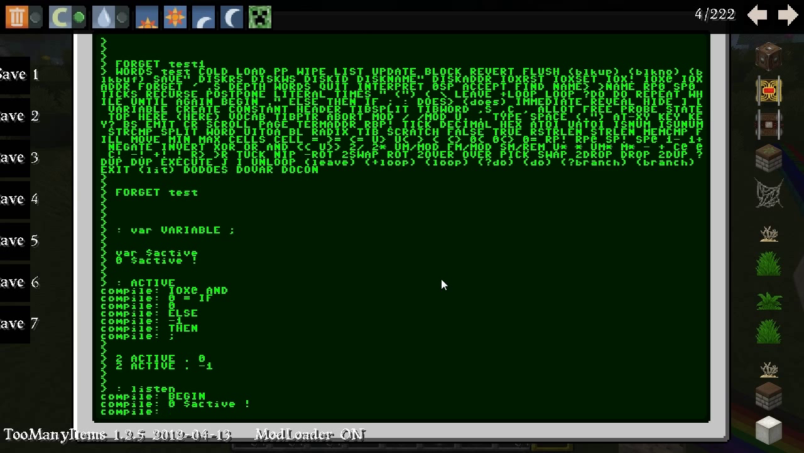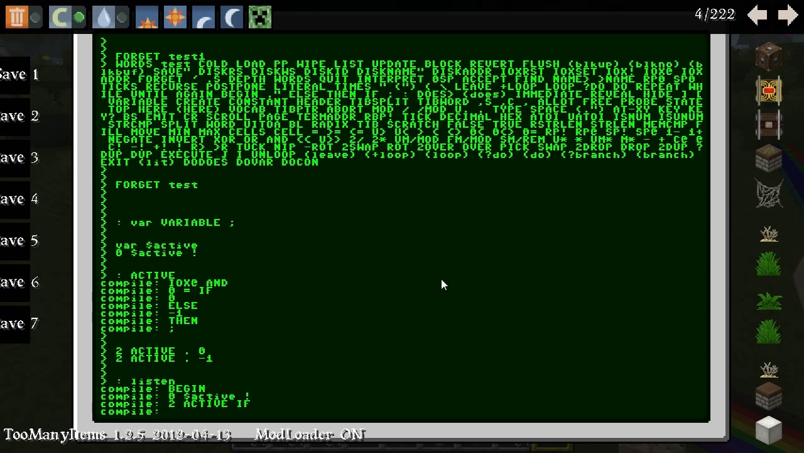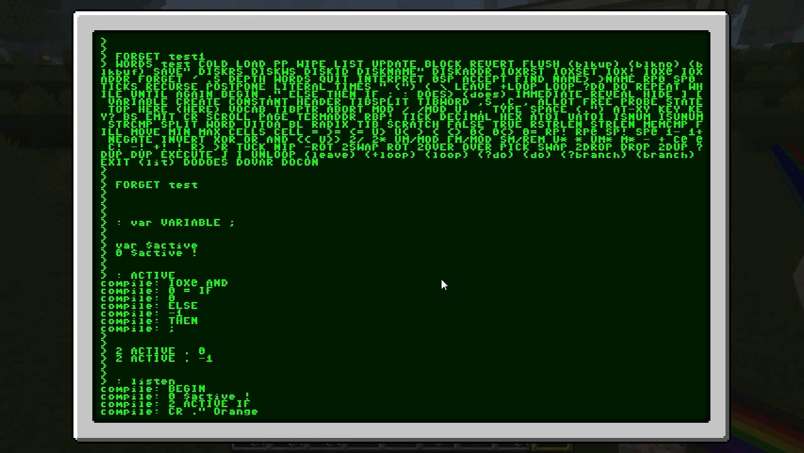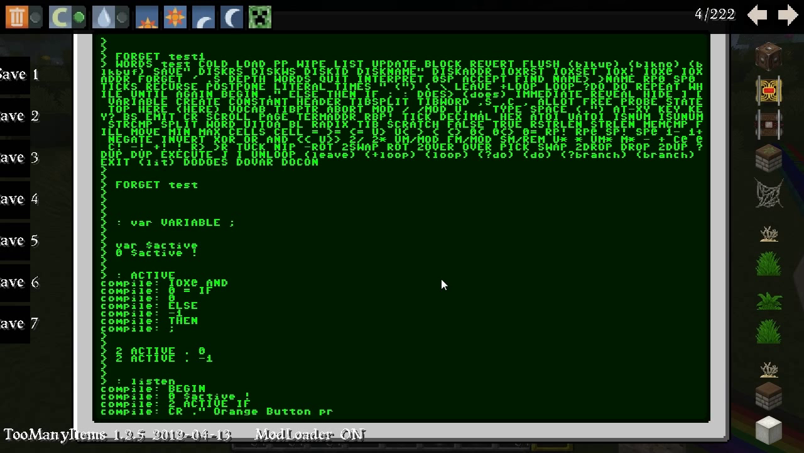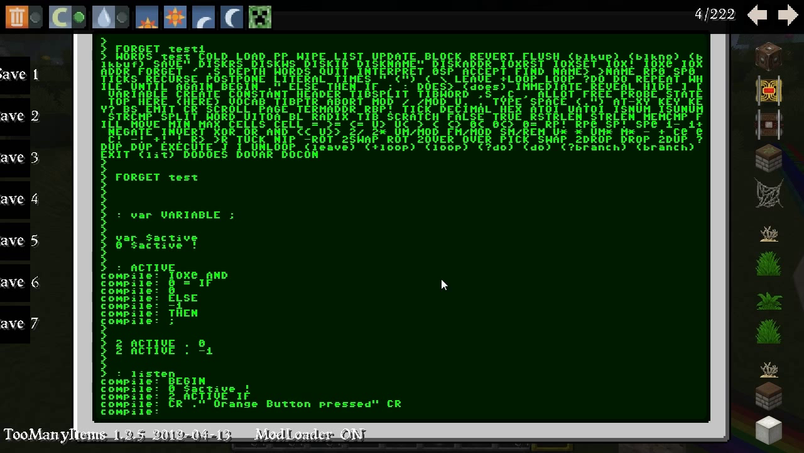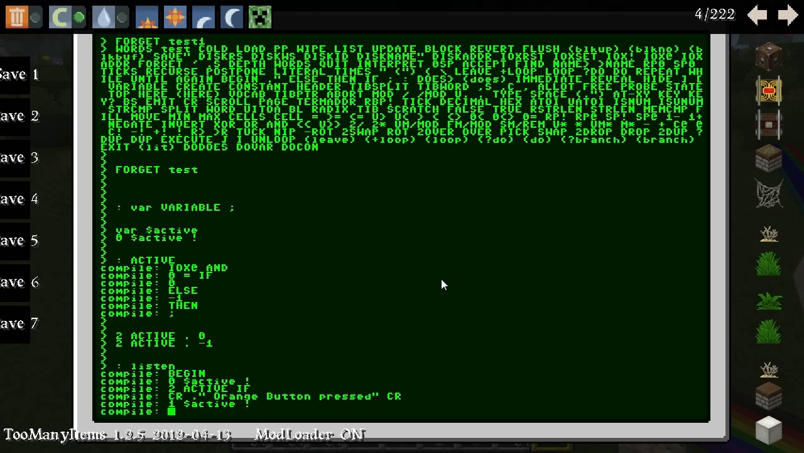Then we do 2 active if, and then do a little output, carriage return, orange button pressed, carriage return. And if something has been detected, we set the active value to 1. I'll see why in just a second. 1 active write, then